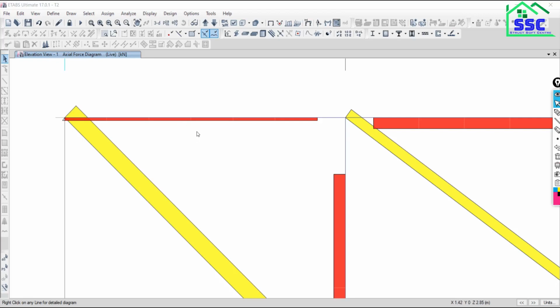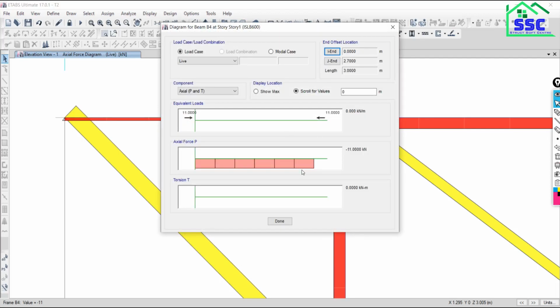If you right click on that member, it will give you a more elaborated result. Okay, see, as you can see here, the load is 11 with a minus sign. Axial force, that is minus 11 kilonewton. That is compression actually. So, clear it.